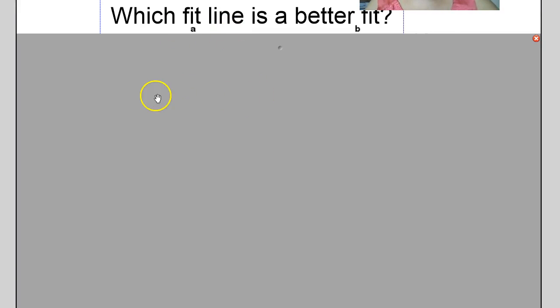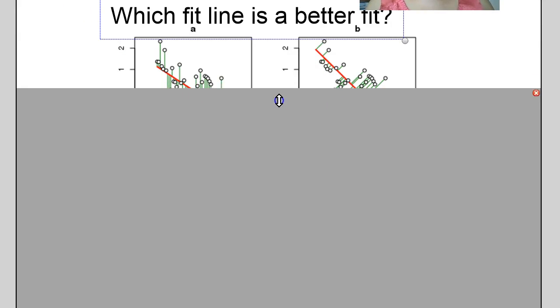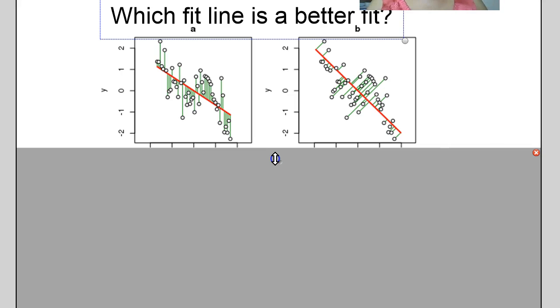Okay, so what we're going to talk about today is this concept of trying to determine which fit line is a better fit, and how do we determine what that fit line is. Well, the way that you can determine if a fit line is the better fit line is by looking at how far the data points are from their corresponding points on the fit line. If we take a look here,